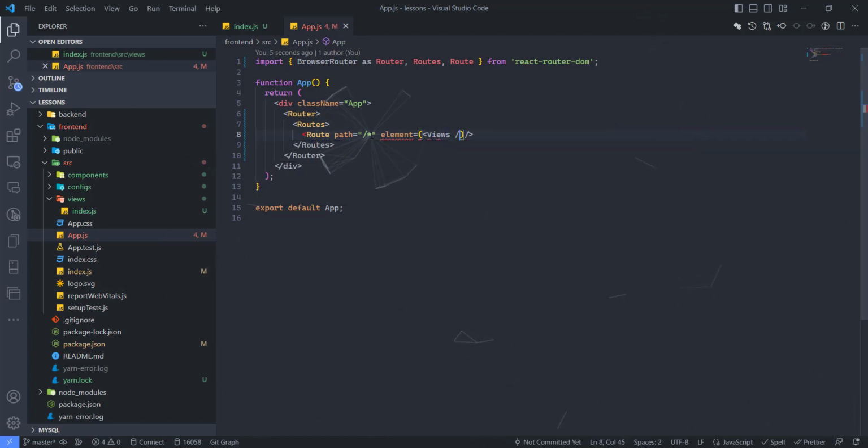Okay, and let's close that. We're not passing any property to that, and this is a curly bracket, not a round bracket. Okay, so we have that, and let's go ahead and import it. Import Views from